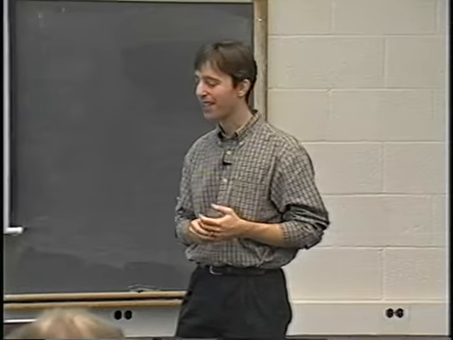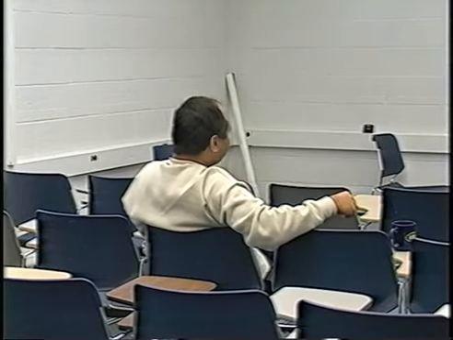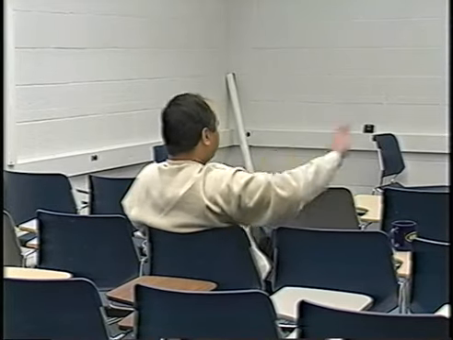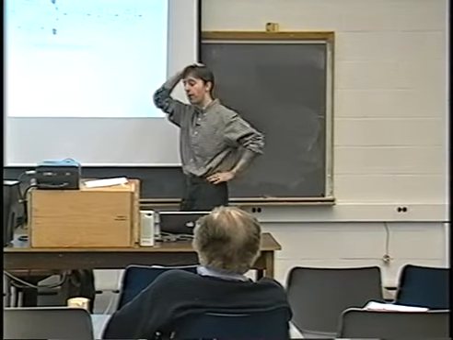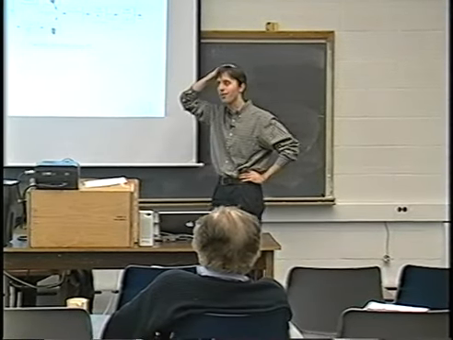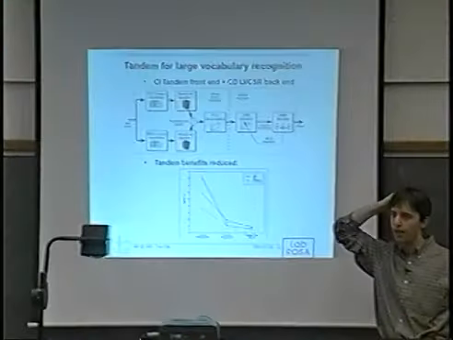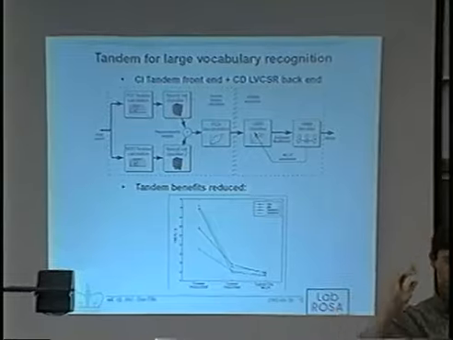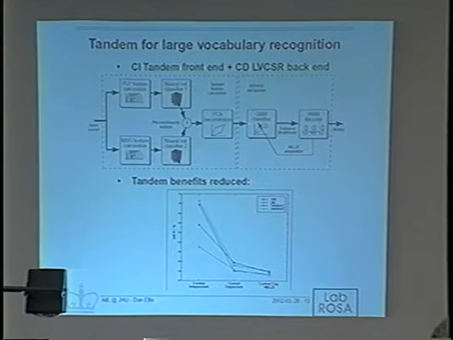Going back, I had a question. With the Sphinx experiment, you said that you designed the front end entirely on Aurora and then just used... No. We used the same approach, but this was using the 54 phone set, which is our full general English set, because Aurora digits only has like 24 phones or something. But it's still not that good.